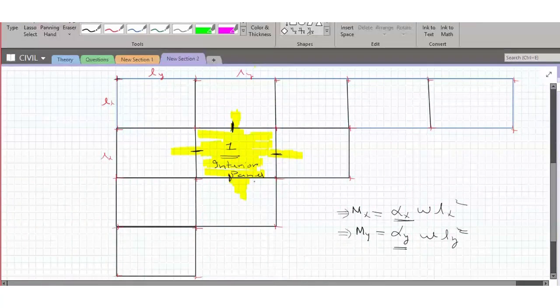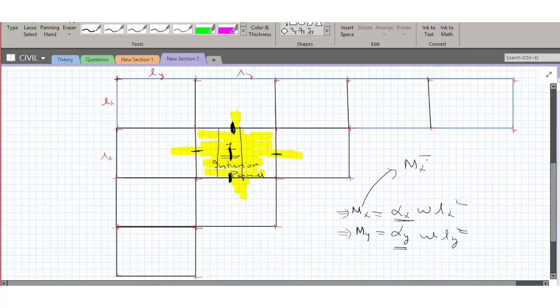So at continuous edges you are going to get negative moment about the shorter span, Lx. If I take a 1 meter strip here, you can see you're getting negative moment at support, and at the center you're going to get positive moment. So this Mx in case of interior panel has to be negative moment at support and positive moment at span.